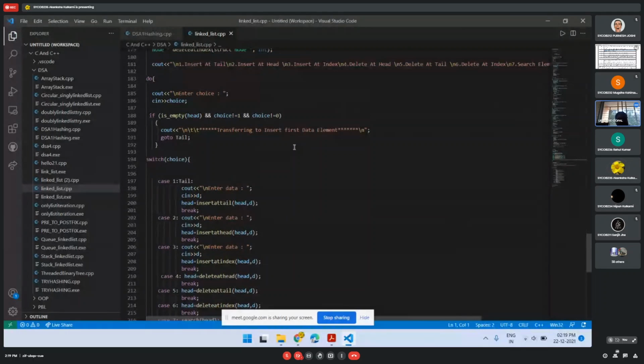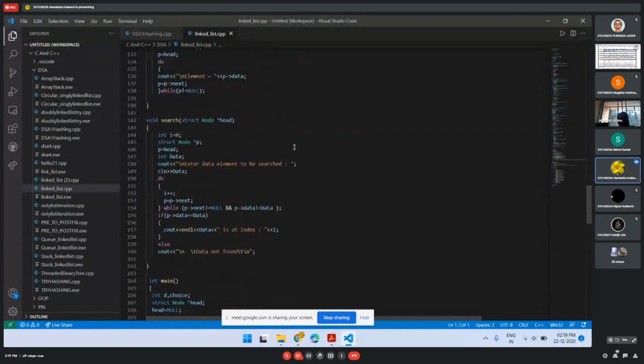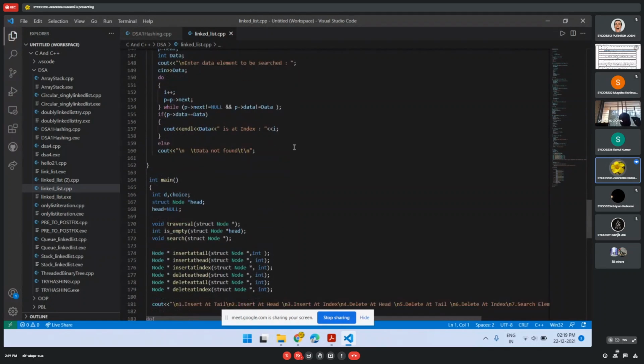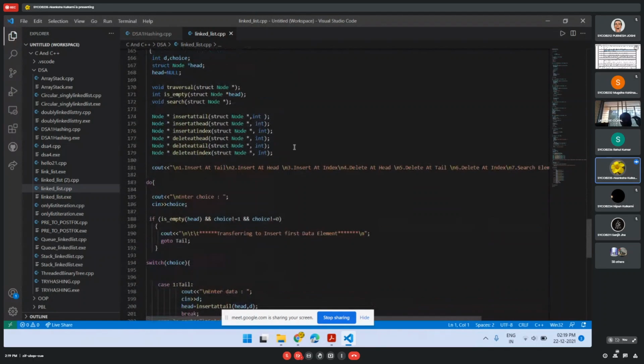Sir, for inserting at head, we will just create one new node, and after creating that new node, we will give the address of the head to that new node's next field. Then we will change the head from head to the new node, and we will return that head, so that we will get the new head, and the new element will be inserted at the head.